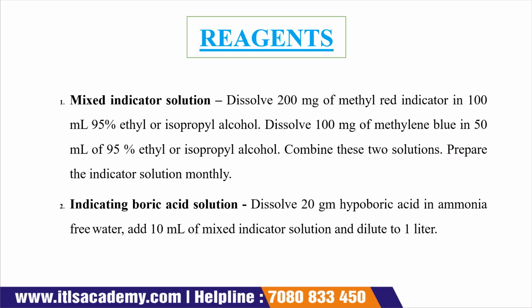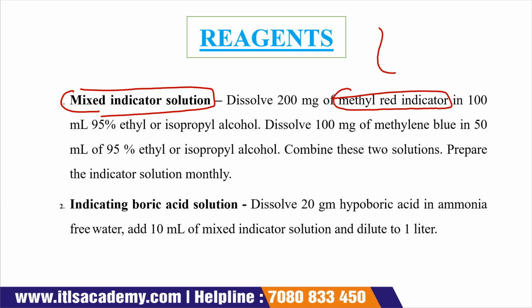Now the next one is the reagents required for this experiment. The first reagent that we require is a mixed indicator solution. For the preparation of the mixed indicator solution, first of all we require a methyl red indicator. So we take a conical flask. In the conical flask, first of all we add 200 milligram of this methyl red indicator. Before adding the methyl red indicator into it, we already add 100 ml of